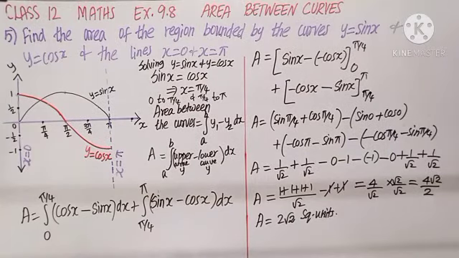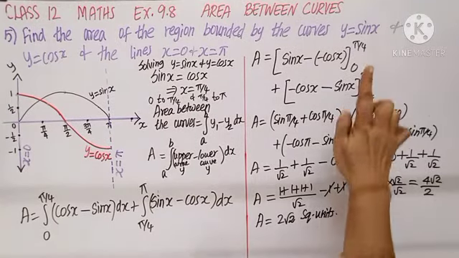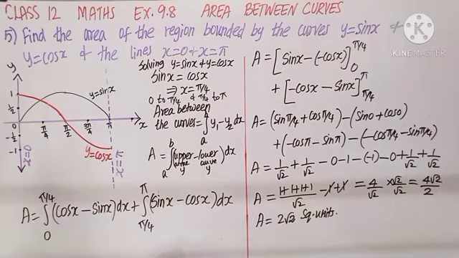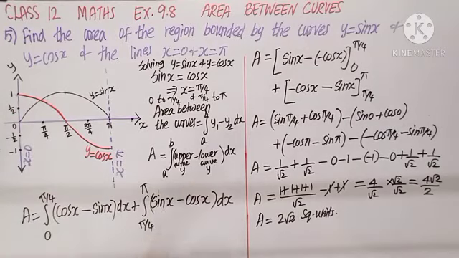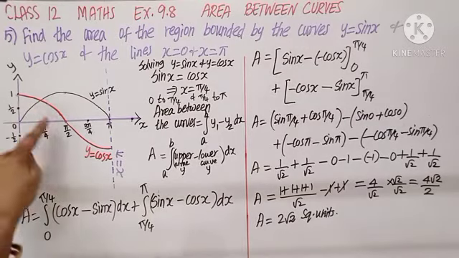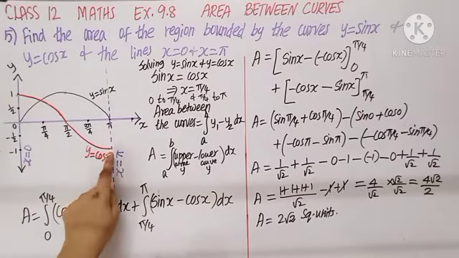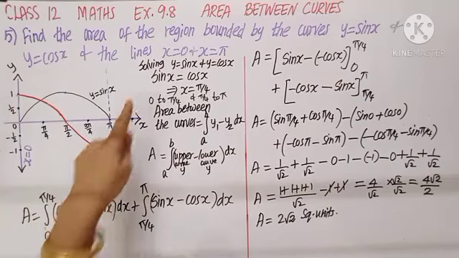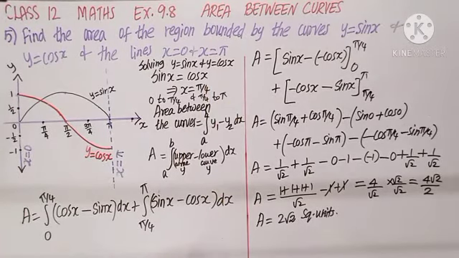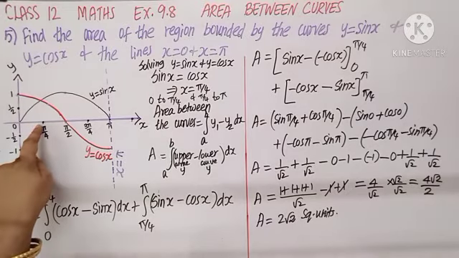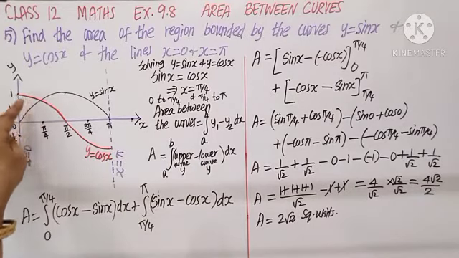Let us quickly run through the problem. The question is between sin x and cos x. Sin x starts from 0 to pi, one arch I can complete. Whereas for cos x, cos 0 is 1, cos pi by 2 is 0, cos pi is minus 1. So we have drawn the curve like this. As we solve the two equations, I get x equals pi by 4. From 0 to pi by 4, cos is above, sin is below.